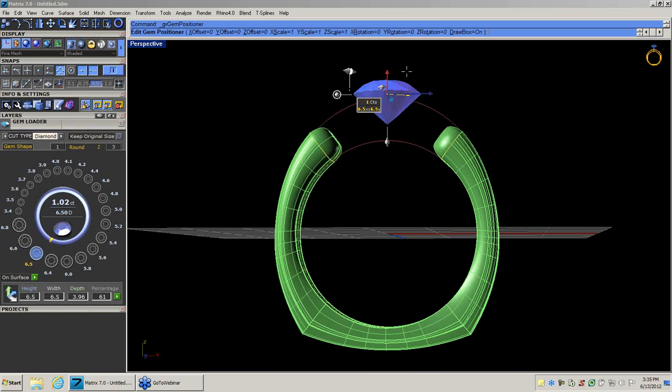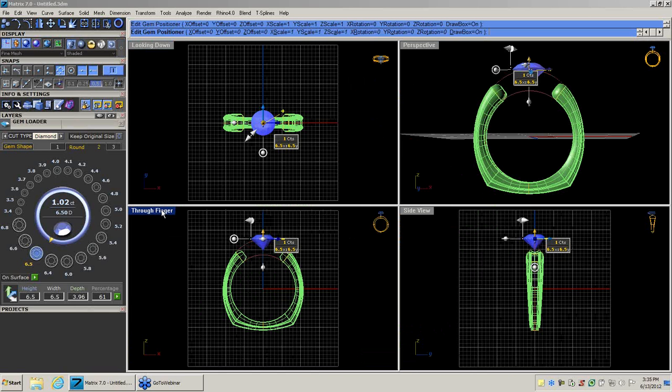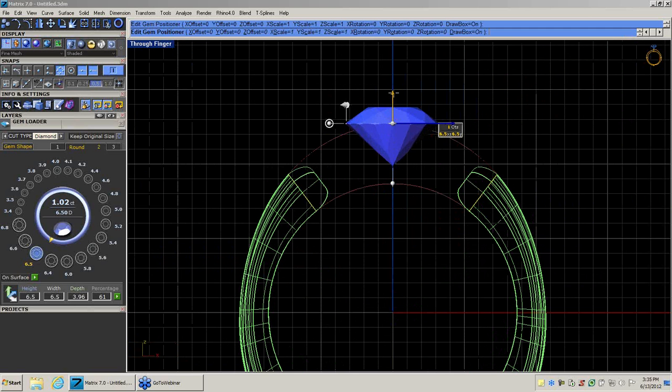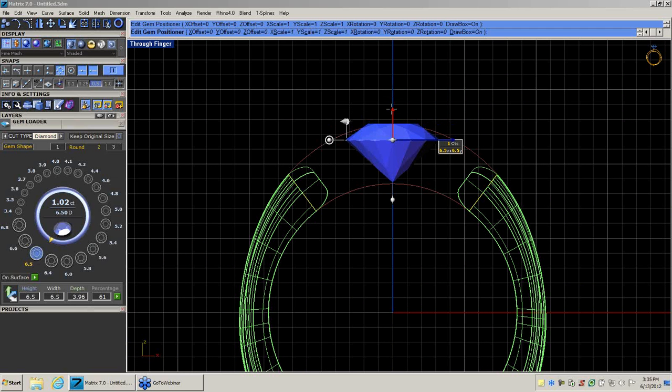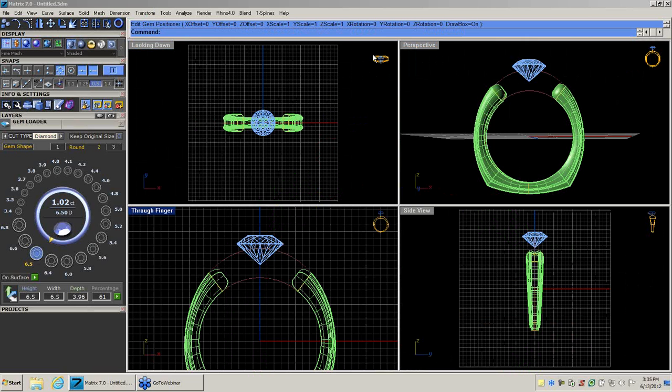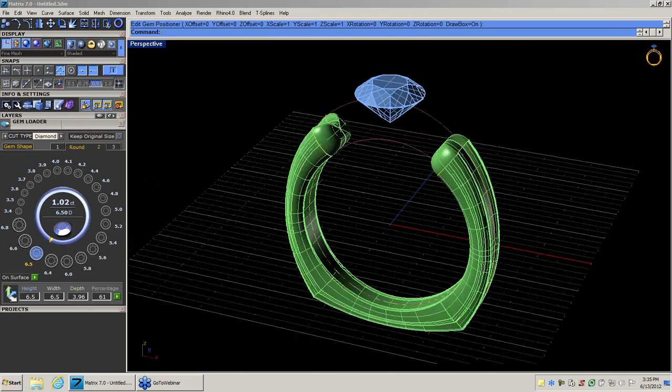I'm just going to grab this arrow and I'm going to pull it up. Now, a lot of times I'm going to work in the perspective mode, but on something like this, I might want to come in here to the through finger viewport because I might want this to be a certain millimeter height off of this finger rail. And so I can come in and use a move command, or for today's purposes, I'm just going to eyeball it because each one of these squares here is a millimeter, so we're about 1.5 millimeters coming up off of there. And like I said, there's about 5 ways to get that thing to move. I'm going to come back to my perspective window,